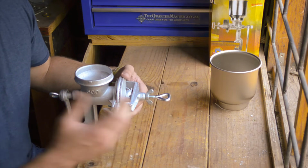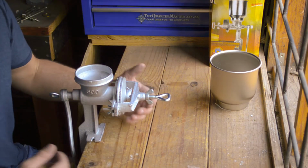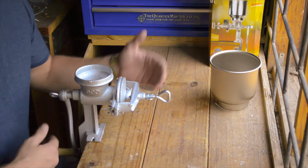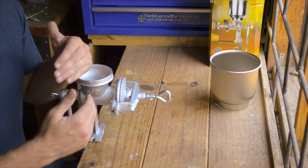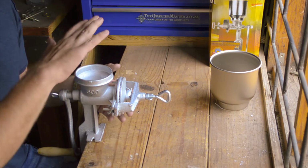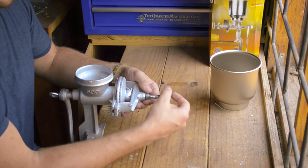When you hear the plates grinding, it's because they are. And if you really tighten it too much, trying to get a finer and finer grind, you're just going to wear out your plates on each other. What we recommend, if you want a finer grind, process the meal or whatever you're processing a few times. Grind it once, put it back in the reservoir, grind it again. And once you've found the correct